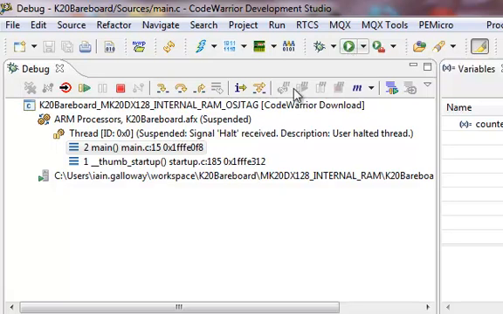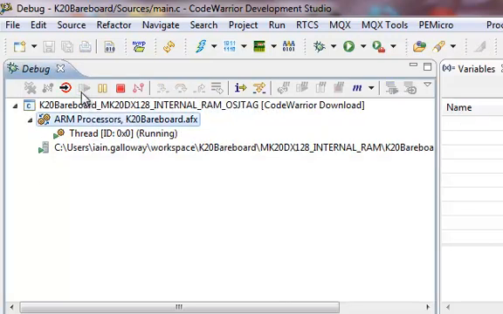Okay, now if I run, sorry, not this run, it's up here. This run. Resume F8. This does a device reset, this does a resume, this terminates or stops. When it's running, you can pause it wherever it is. Here are your stepping commands: step into, step over, return from a function. So I'm going to go resume,